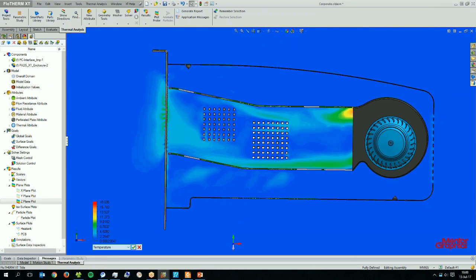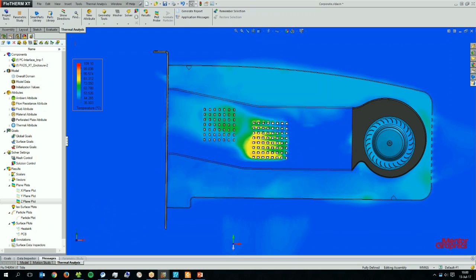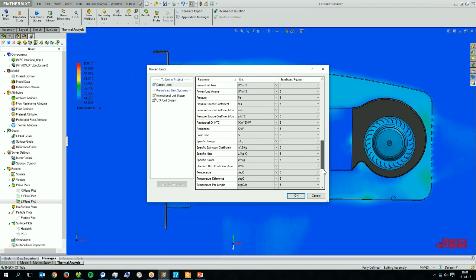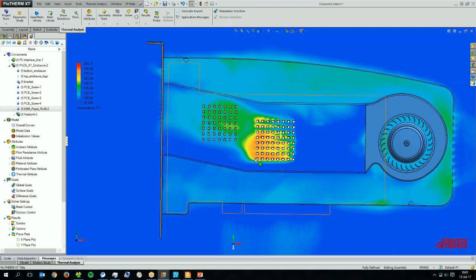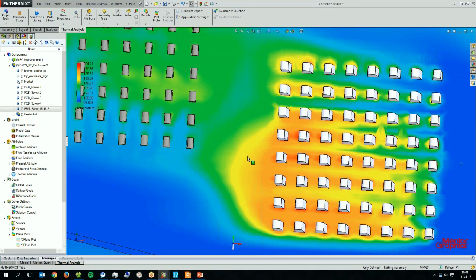Let me just flick back to temperature, and what we're going to see is the temperature profile. It's just calculating that now. We can see the temperature profile, and let me just change my units. Temperature, let's change that to degrees Fahrenheit. And we can see that we have an ambient of 95 and a maximum temperature somewhere at 228. So if I just set this for the plot, you can see the air temperature around my package is around 204 degrees,